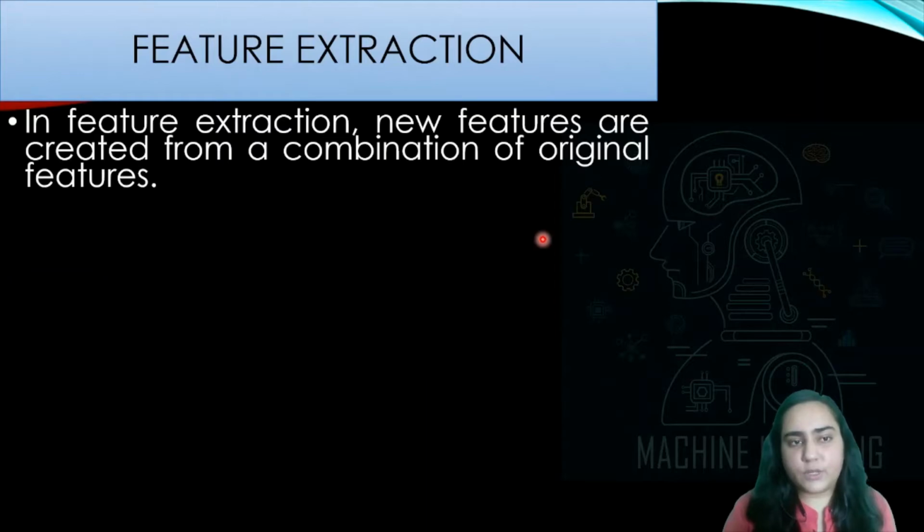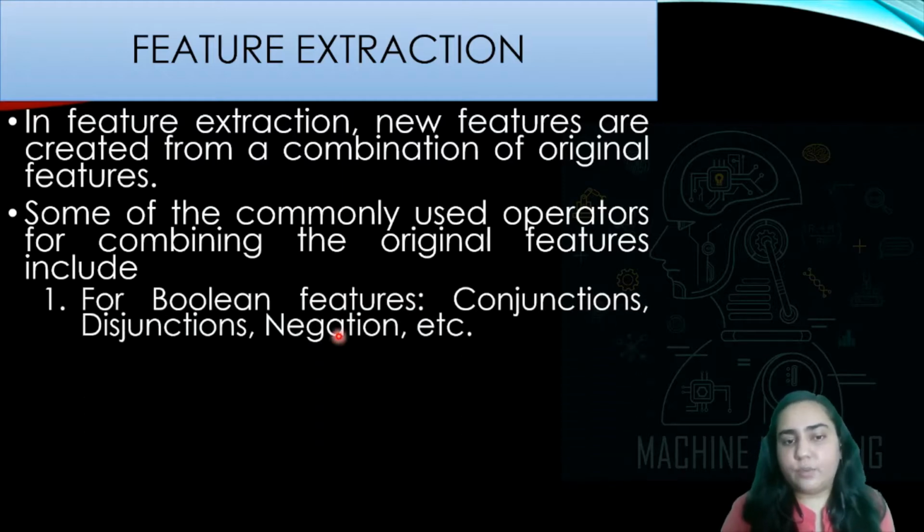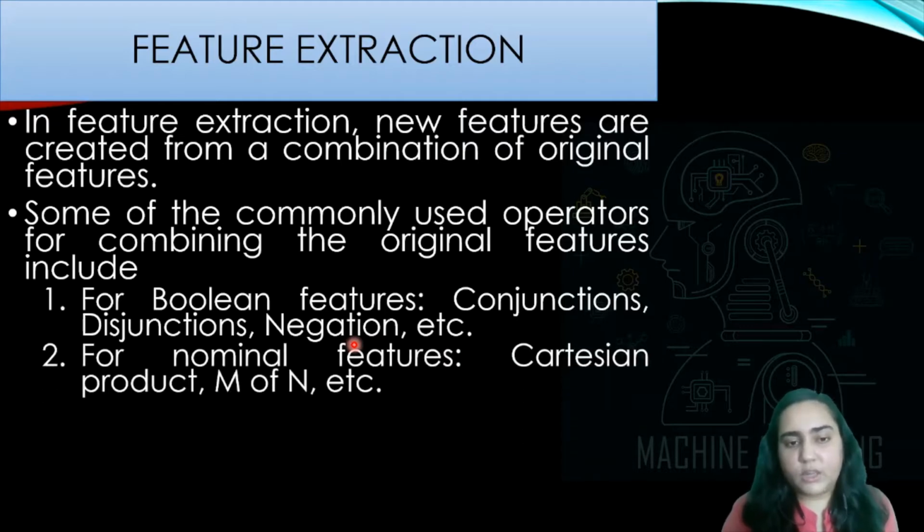In feature extraction, new features are created from a combination of original features. So this would particularly help you if you wanted to reduce the number of dimensions in your dataset. Some of the commonly used operators for combining the original features include, if you have Boolean features, which means features that have only two values like yes and no, you could use conjunctions, disjunctions, negation, etc. to combine those features. If you had nominal features,